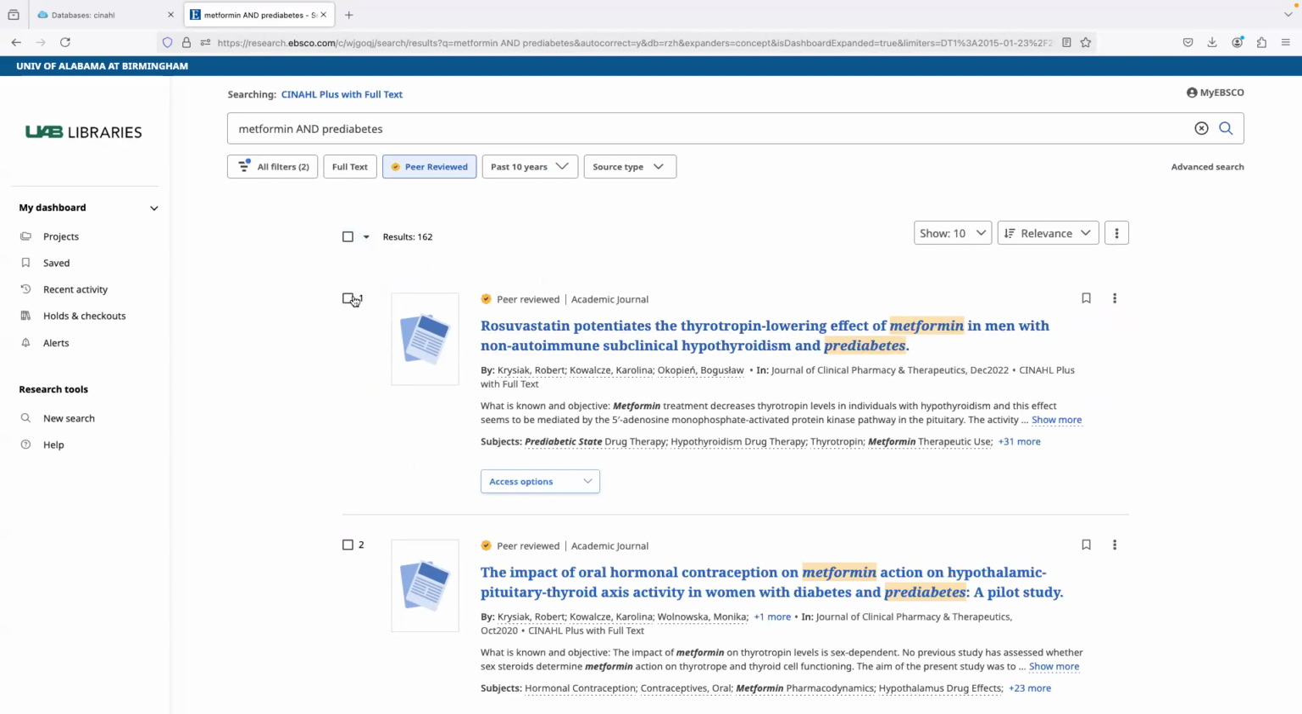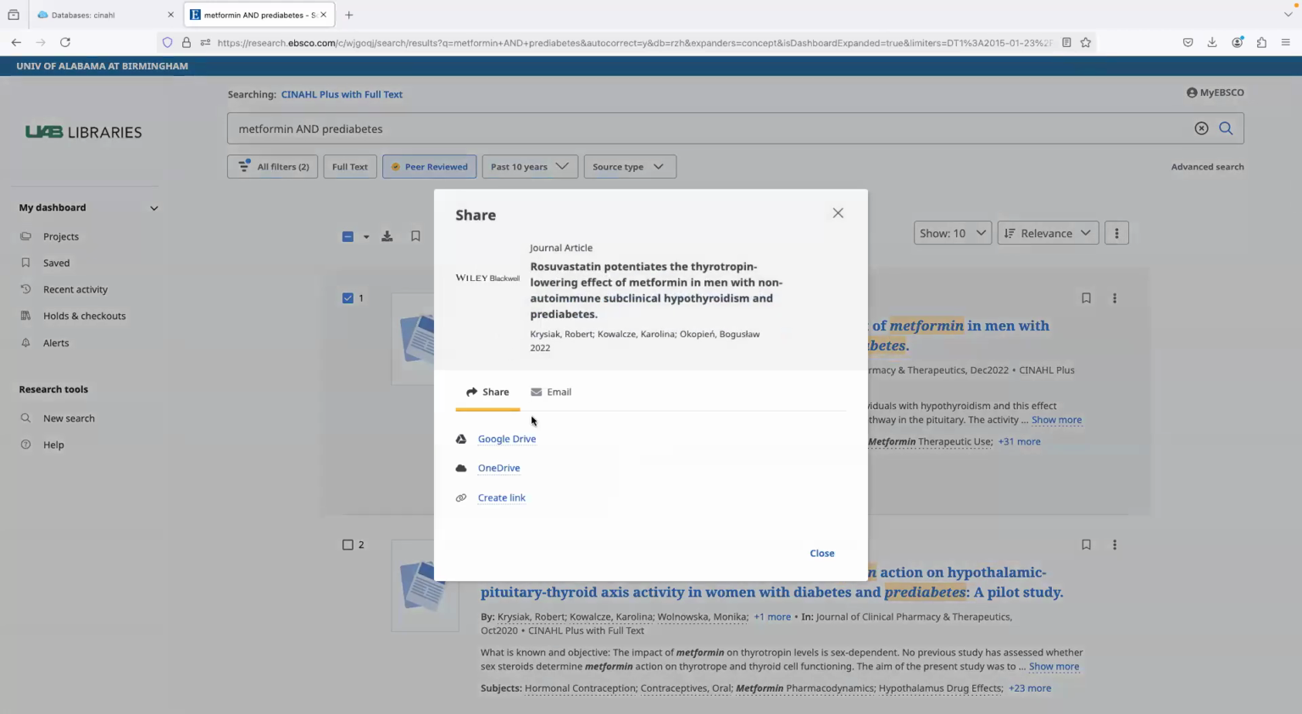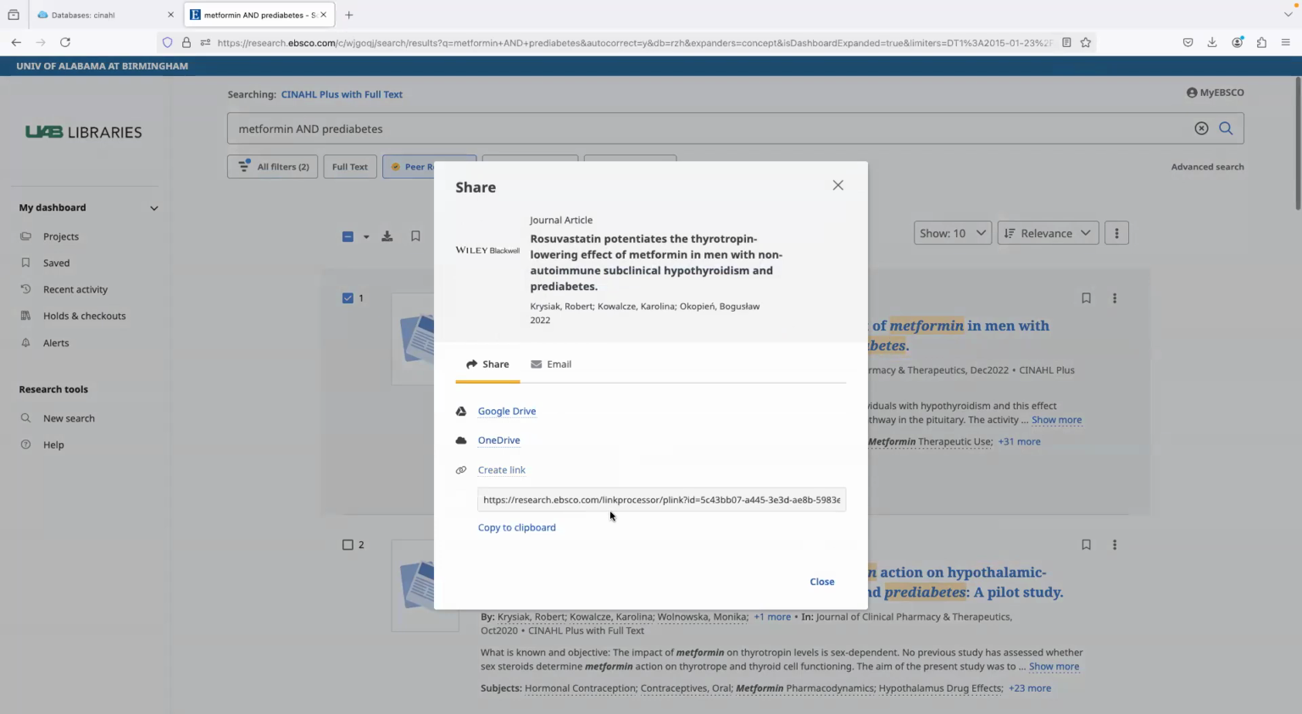And if I select something, now I see these options. I could download this particular article. I could save it for later. I could add it to a project. If I try to add it to a project, it's going to ask me to log in to my account. I could share it. So I can share it to Google Drive. I can create a link. And if I send this link to anyone, they will be able to access the article. So I'm going to copy to the clipboard and